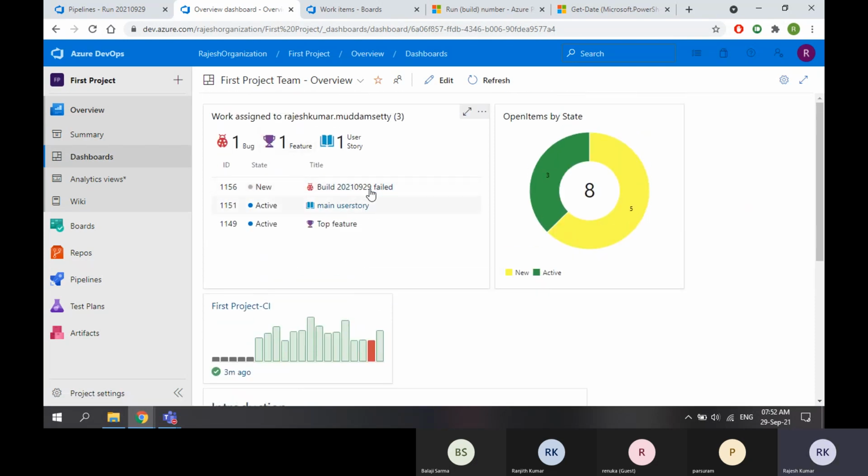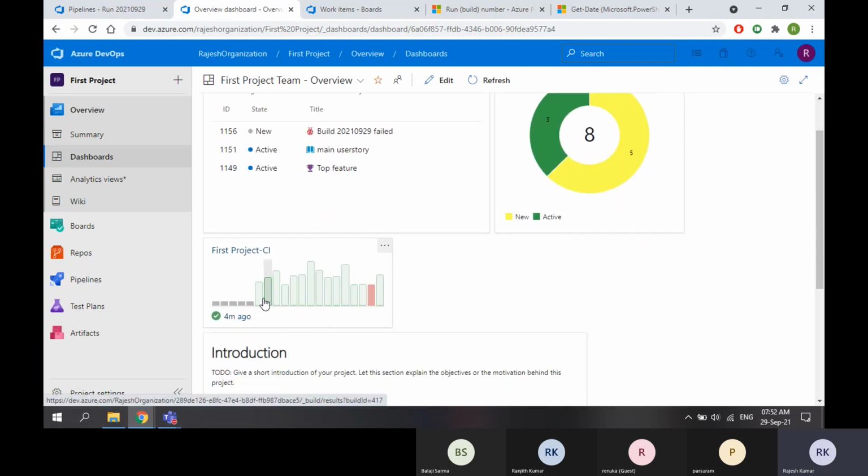So this is your work items. Here itself you can see the recent work item is failed. And what are all the work item states? There are 3 active, 5 new. And these are the builds. Before that there were no runs, but recently I have multiple runs. All are succeeded, there is one failure. And this is the duration, guys. See, the largest one is like 34 seconds. This is 16 seconds. And even the failed one was 16 seconds. So this is the duration, how much time it ran.